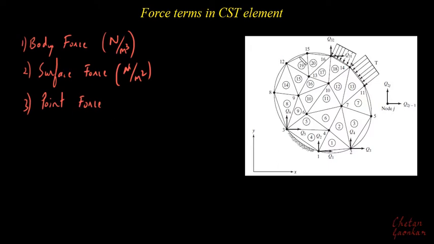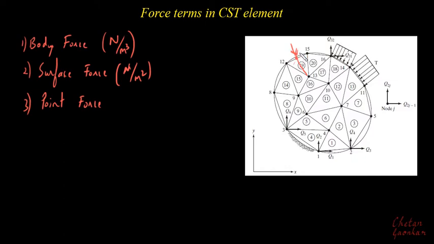Now, while solving any two-dimensional problem using CST element, or constant strain triangle element, the problem occurs when there are body forces and surface forces applied on any body. In finite element method, we cannot apply force or constraints anywhere randomly, but it has to be on the nodes. Because of that, point forces can be easily taken care of. For example, if there is a point force at this location, we can create one node here, and one more element on this side and this side, so that this load is applied directly on the node.